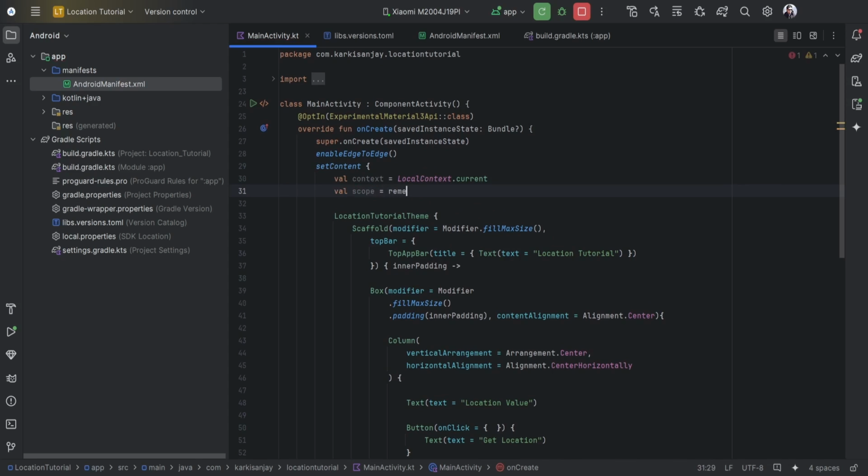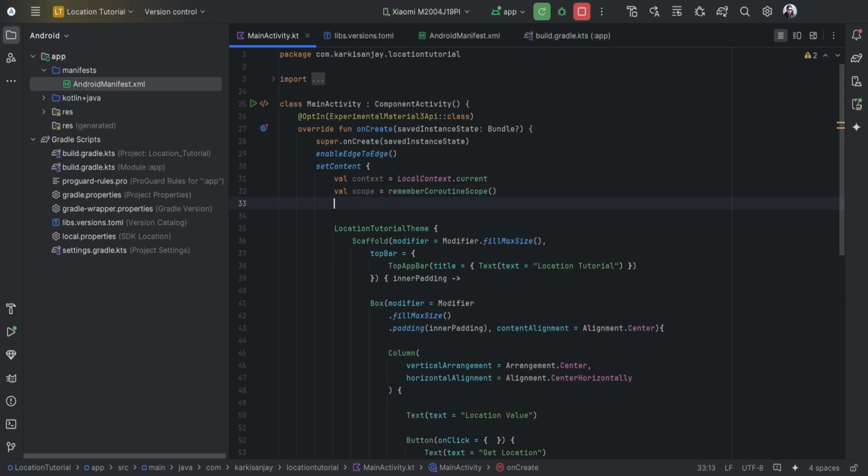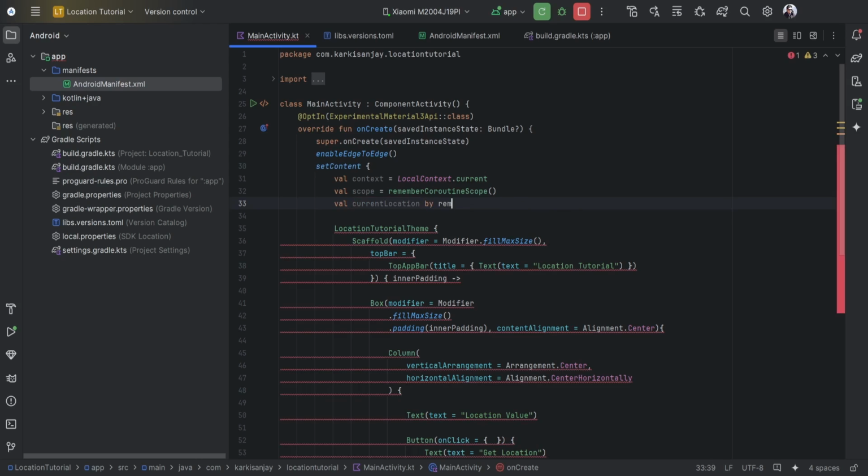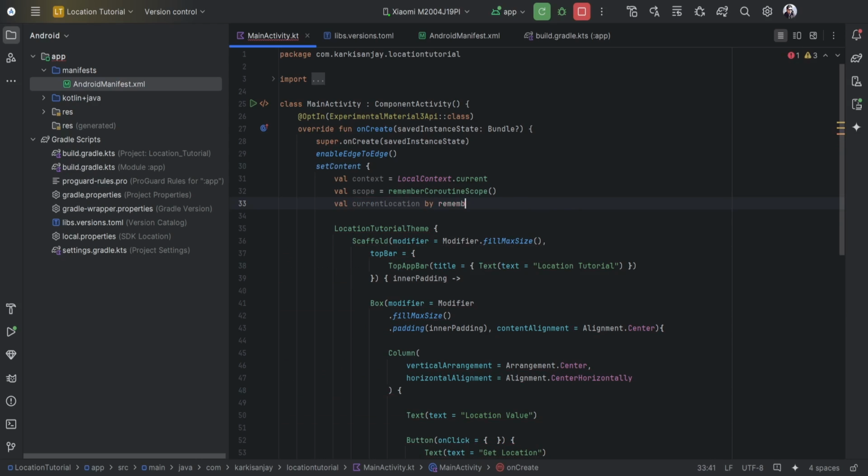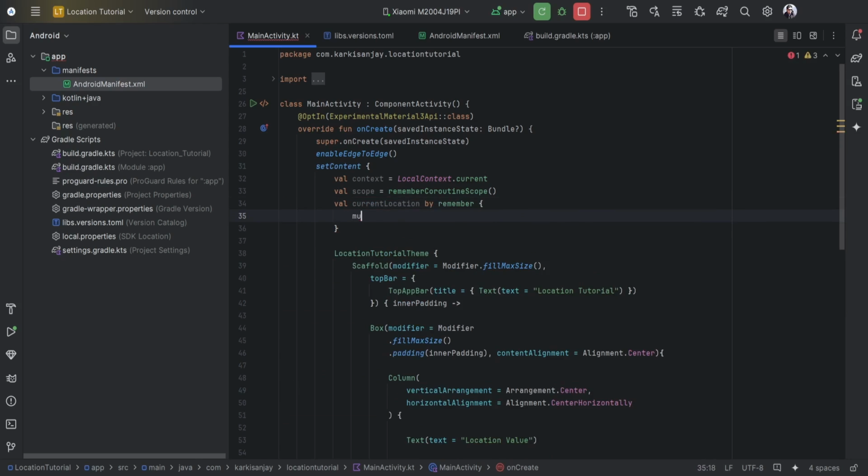So that will be our rememberCoroutineScope, and we'll also need a value to capture our location. So let's say currentLocation, and let's say by remember mutableStateOf,